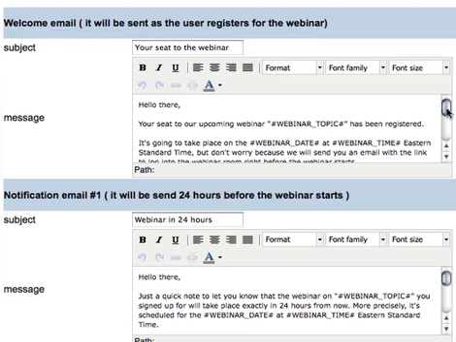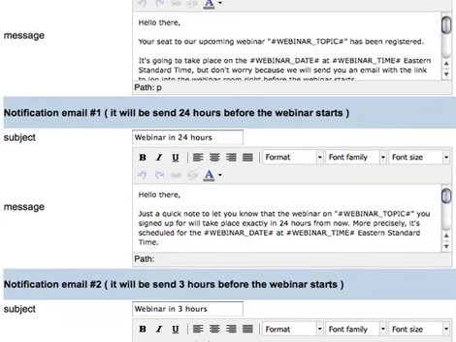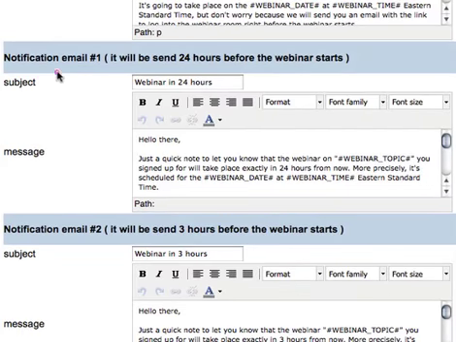As you can see, we've included a template that you can obviously edit as you wish. But please don't edit those special commands here, because that's where the script will automatically insert the webinar topic or the webinar date, etc. Make sure to leave those command bits as they are, but you can edit the rest, no problem. Then there's another 2 emails that will be automatically sent 24 and 3 hours prior to the webinar,